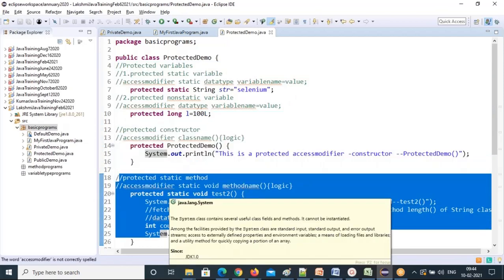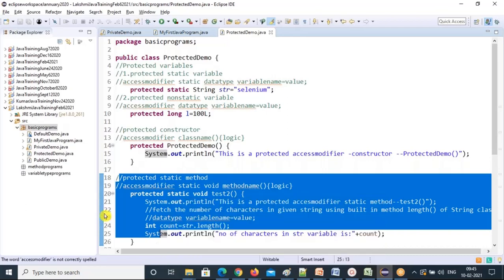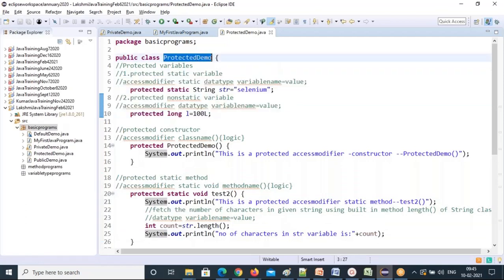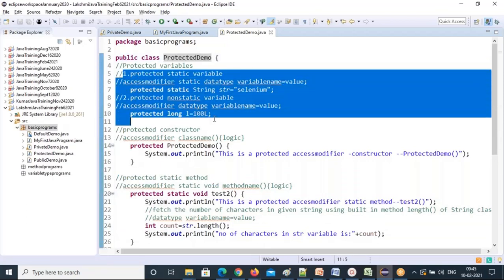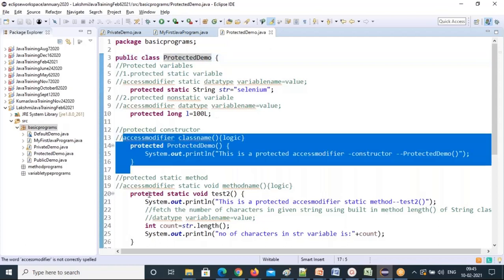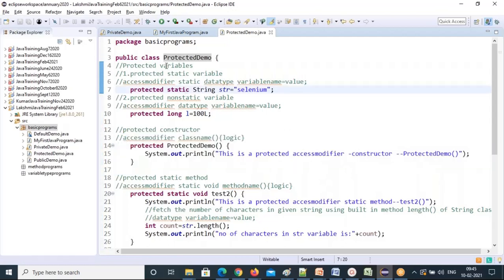All are independent members. Just think about a family. Inside a family you have so many members, right? Kids, different boys and girls. It's the same thing here. In a house, so many people will be there. So these are all the members of this class. Or take a building: inside a building you have apartments, inside apartments you have rooms, halls, like that. So this is all the things you can create inside the class.